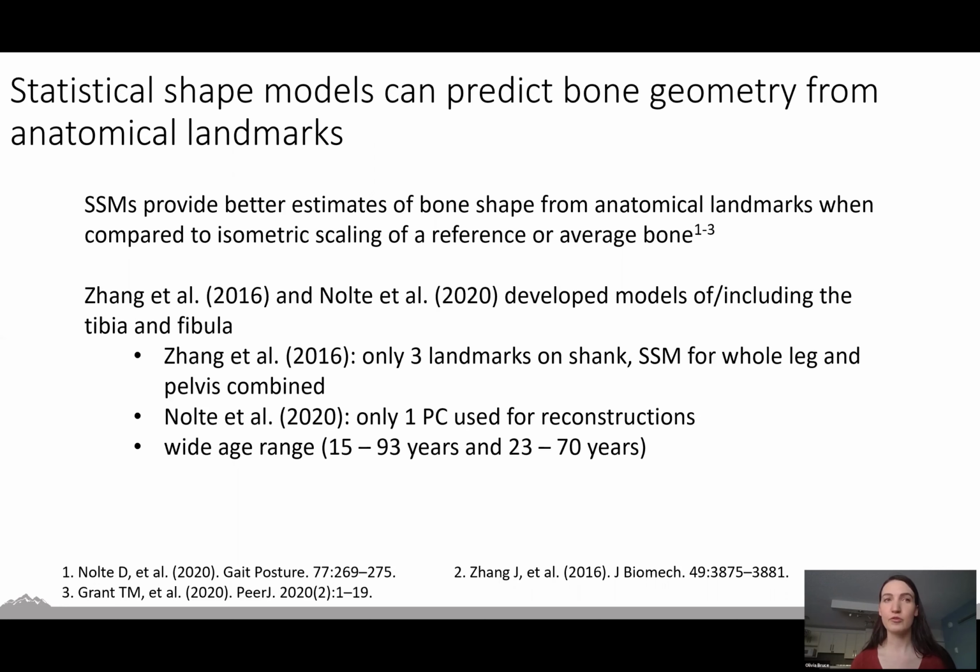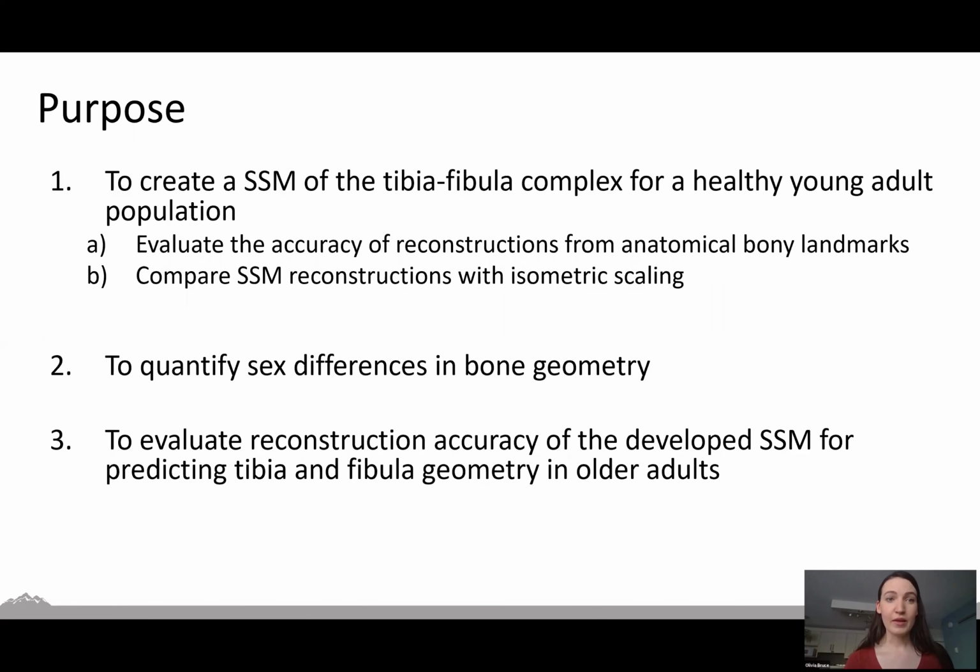So would an SSM trained and tested on only young adults provide better results? And would it be significantly more accurate than isometric scaling? And that led me to the purpose of this study. So primarily, I wanted to create a statistical shape model of the tibia and fibula for healthy young adults. With that model, I wanted to evaluate the accuracy of reconstructions from bony landmarks and compare that accuracy to the